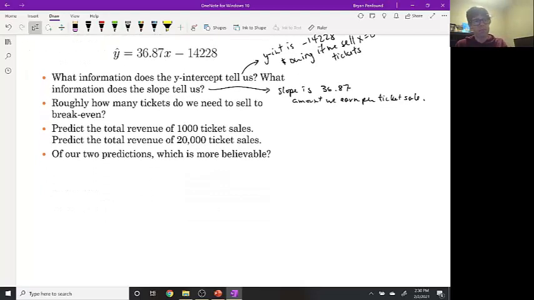Okay, so second question. We answered question A, so let's move into question B. Roughly how many tickets do we need to sell in order to break even? In other words, how many tickets do I need to sell in order for my net revenue to be 0, or for us to pay back this $14,228. So to break even,